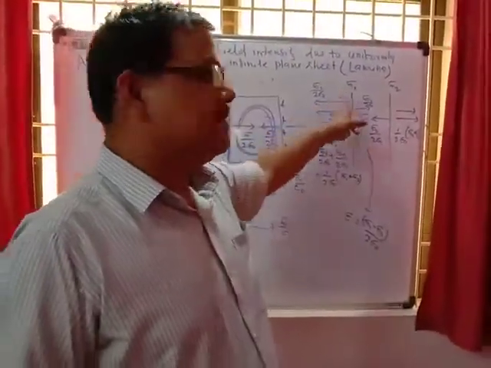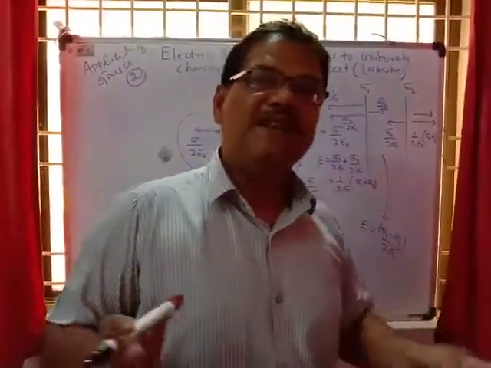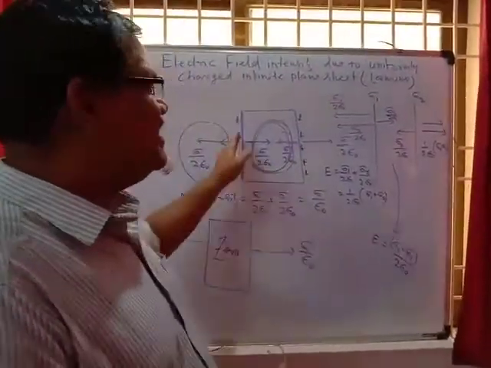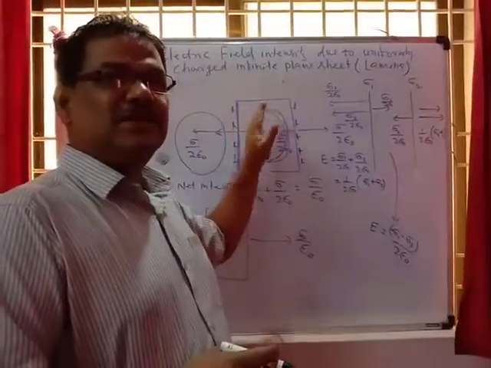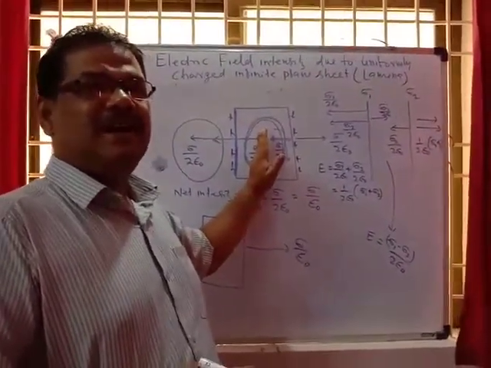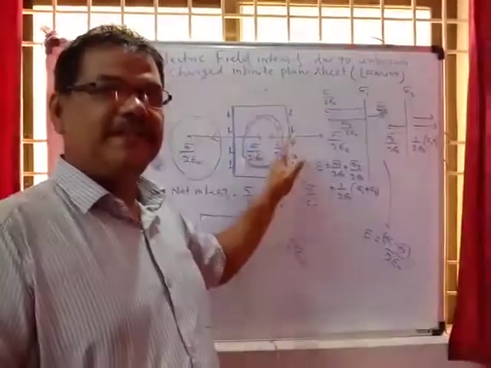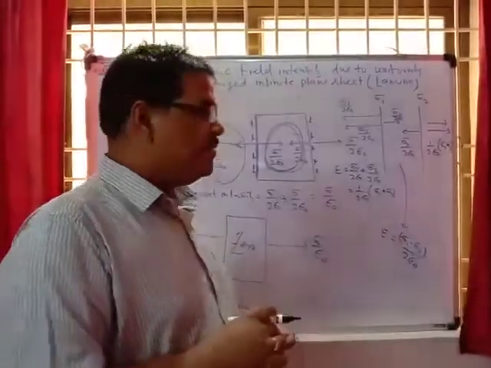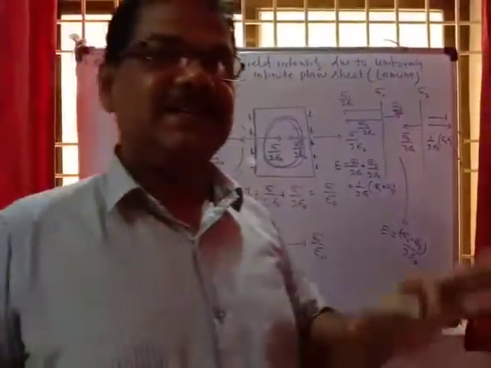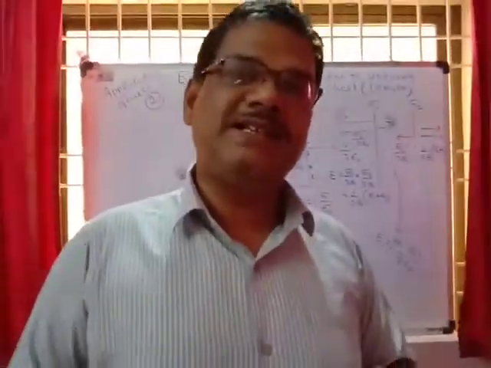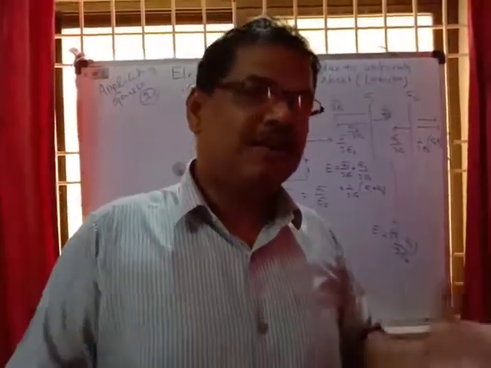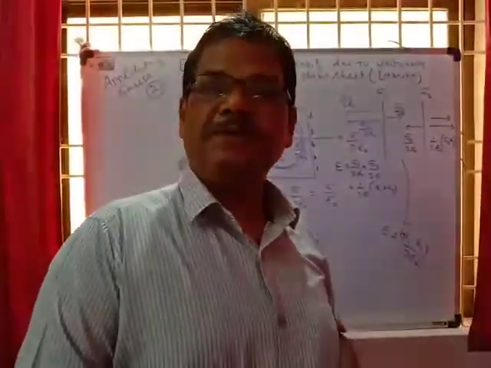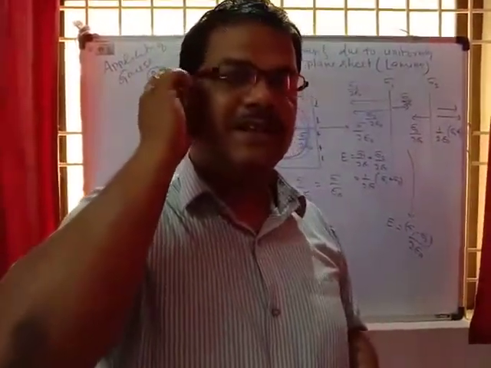If two different thin metal sheets are separated by a certain distance, that is different from the case of a single thick metal sheet, where inside the sheet the net electric field intensity is 0. Students, please be careful about that. For the thin metal sheet, the thick metal sheet, and two thin metal sheets kept near each other, in all the cases the electric field intensities are calculated in a different manner. I will give you some numericals to solve all these problems.